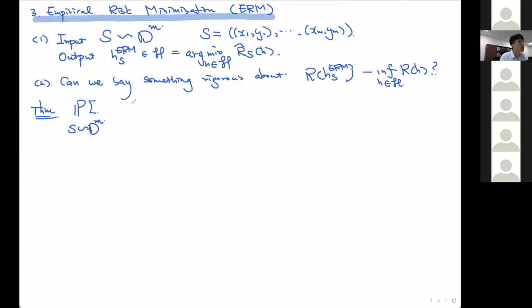We have a probability bound: the result of empirical risk minimization is bounded by, let's write it in an error form, epsilon, with at least this probability, one minus